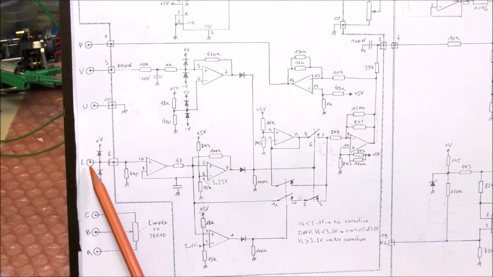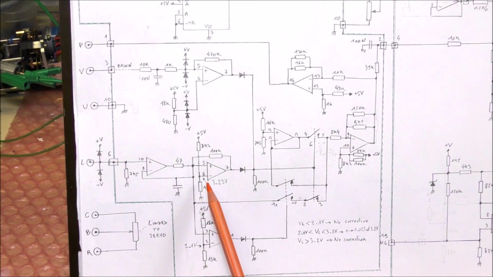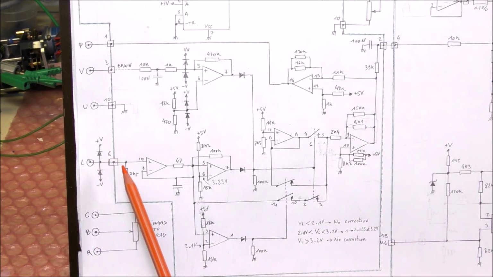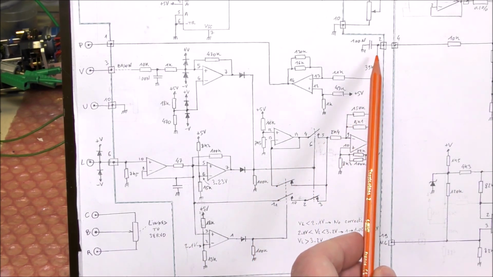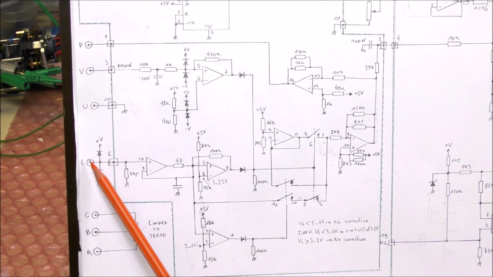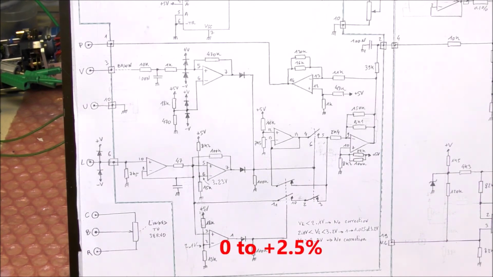If the input voltage here is below 2.1 volts or if it is above 3.2 volts, in this case, there is no effect. The output voltage here is 0 also. But if the input voltage here is between these two voltages, then at this output here, there will be a voltage which depends on the actual voltage present on terminal L. So I don't know the purpose of this circuit. This permits to have a fine adjustment of the display by adding a small offset.